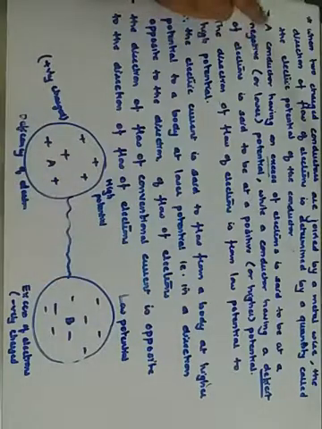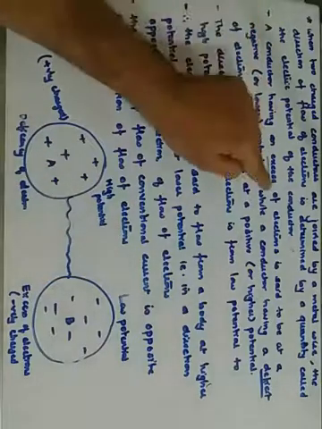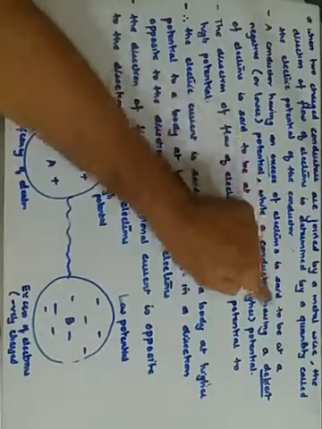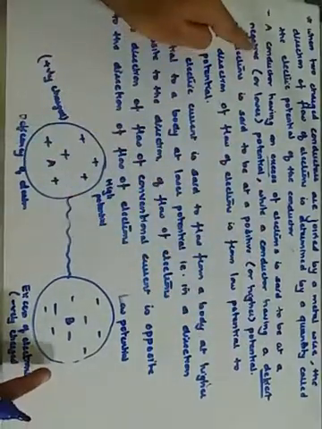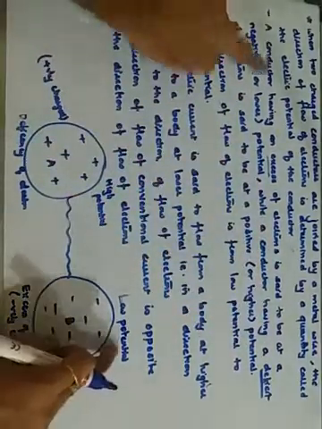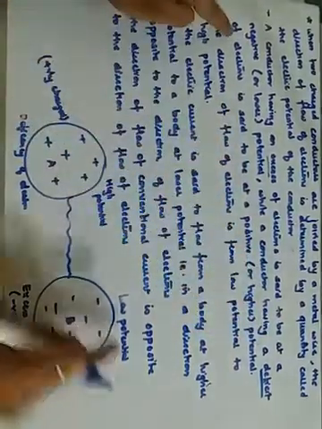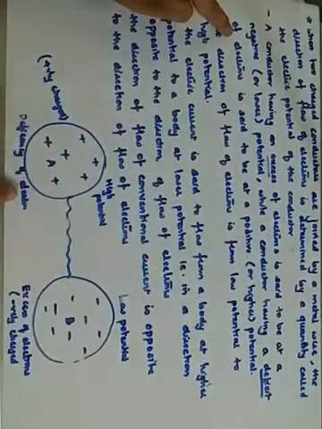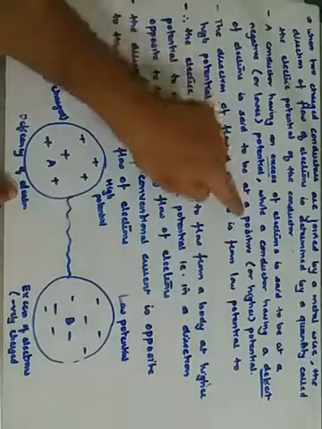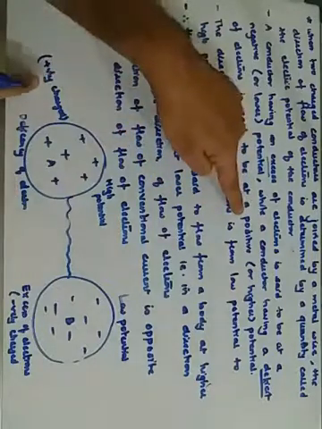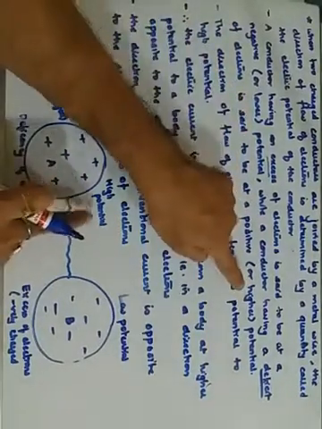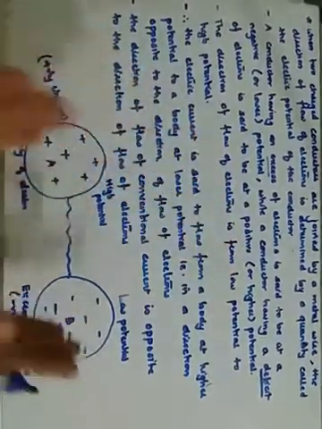So once again I am going through it. A conductor having an excess of electrons, this one, is said to be at a negative or lower potential, while a conductor having a deficit of electrons, less electrons, deficiency of electrons, is said to be positively charged or high potential. Understood? It is high potential. So now how do we decide how the electrons flow?